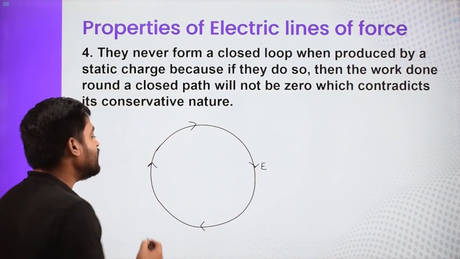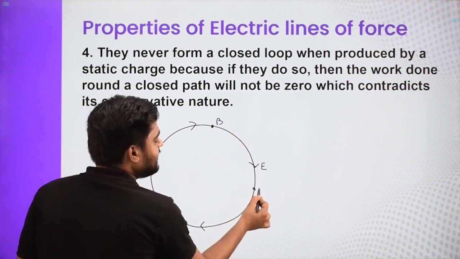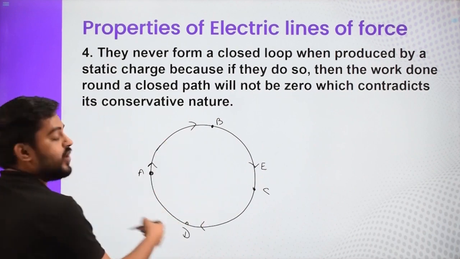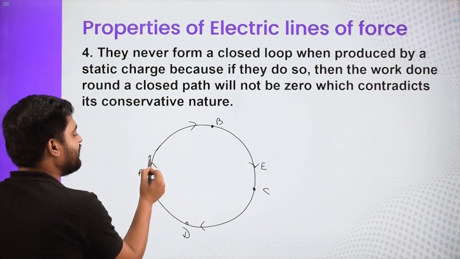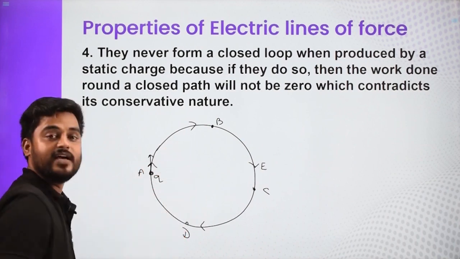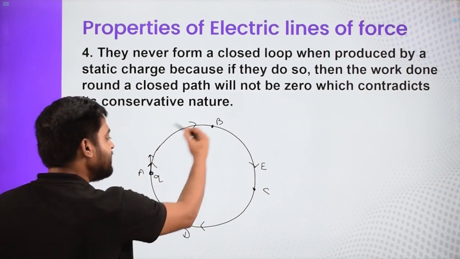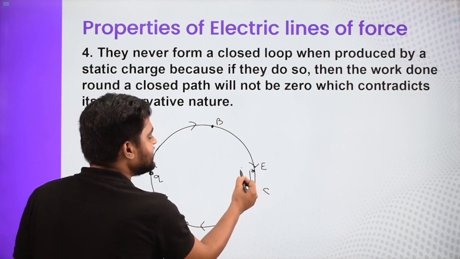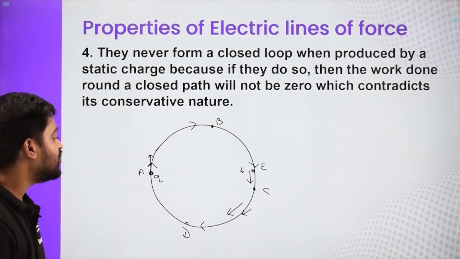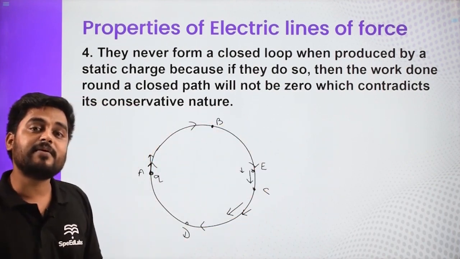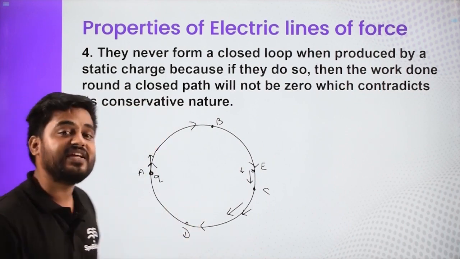Now, if you slowly move a charge from point A to B, C and D and then back to A. So along one complete loop, if you move the point charge Q, then here the direction of force and the displacement is basically the same. So there is work done, like force times displacement. So work done will add up. Here the force is in this direction and displacement is in this direction. Here the force is in this direction and displacement is in this direction. So throughout the complete closed loop, there will be some non-zero work done by the electric field, which is against the conservative nature of the electric field.